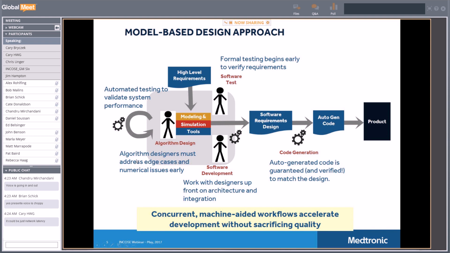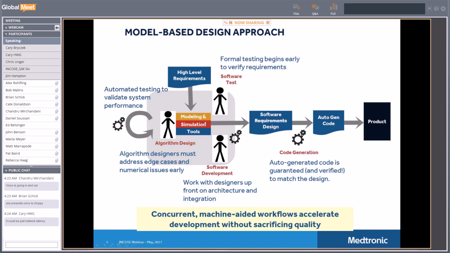Also, the algorithm developers can address numerical issues immediately up front. In the simulation environment, you can say, well, I know that I only have, say, single precision floating point numbers available to me, or fixed point numbers, or whatever your software constraints are. You can build that into the simulation model so that you can see if there are precision problems or any kind of numerical issues. You'll see that come out during these validation cycles,